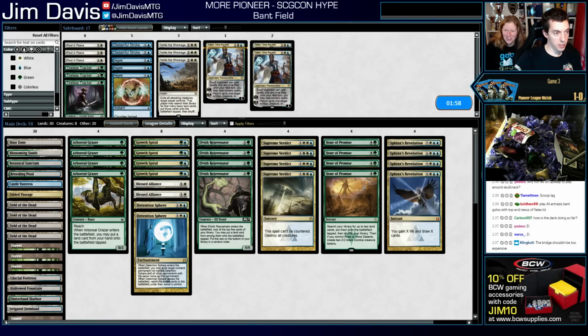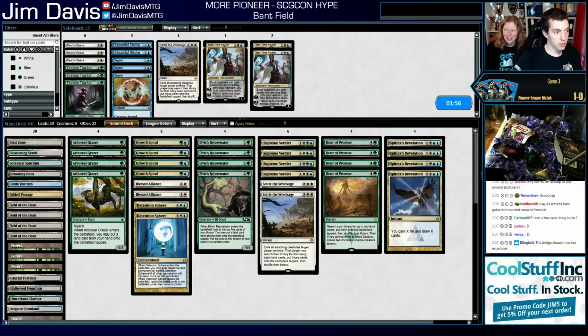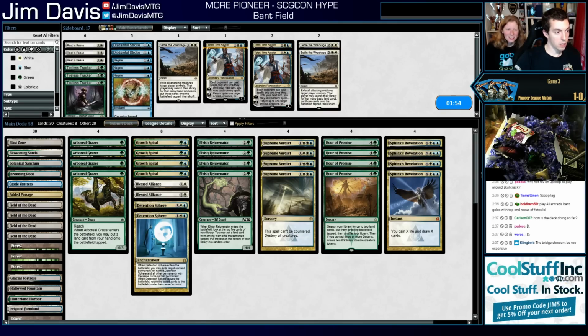I think Teferi sucks. Hopefully the bridge won't be that expensive, as long as the rest of the cello is in good shape. Maybe Negate's better. I guess Negate's not great on the draw, because you can't counter a...